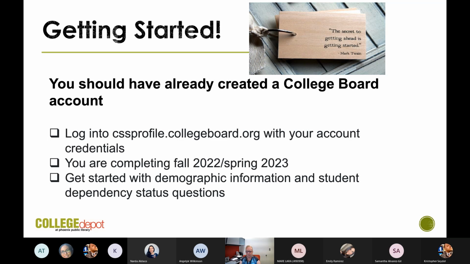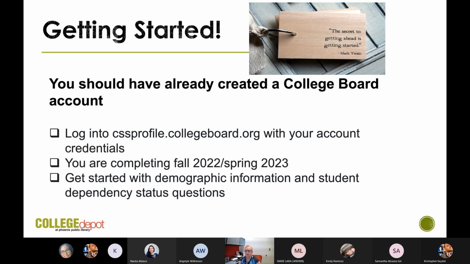You are going to log into cssprofile.collegeboard.org with your account credentials. I have already logged into my account because I created a fake one to do this along with all of you. Once you have logged in, you are going to be completing the fall 2022, spring 2023 CSS profile. Make sure you are on the right one. And under the Getting Started navigation that you will see on the left side of your CSS profile login,